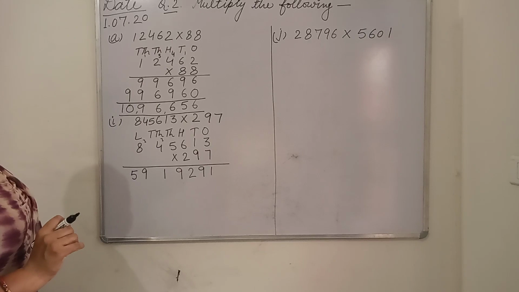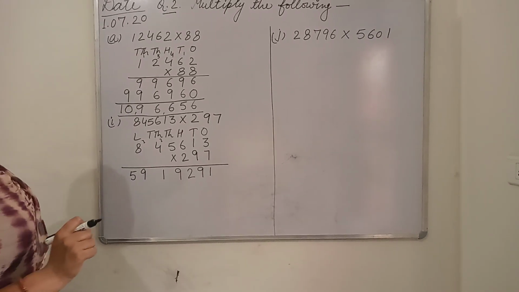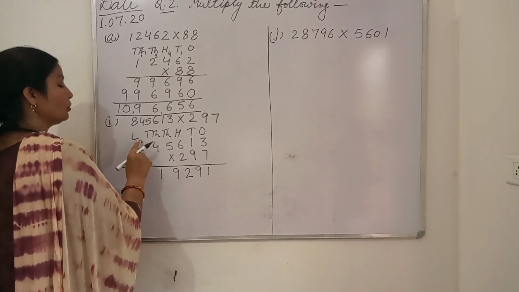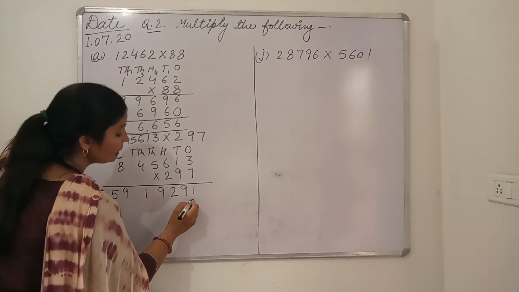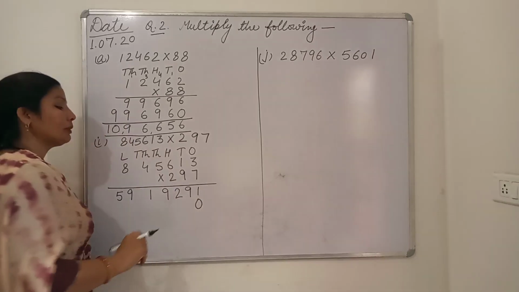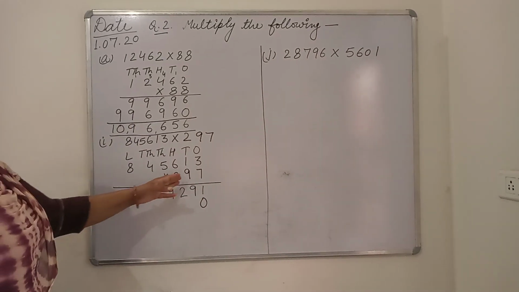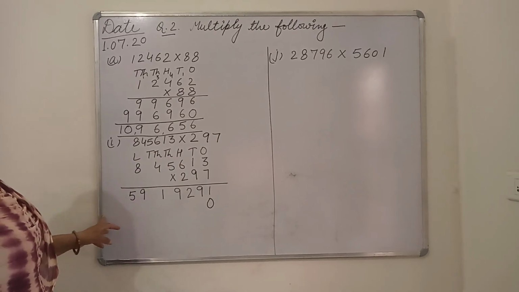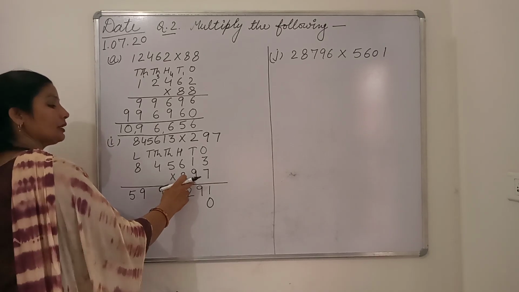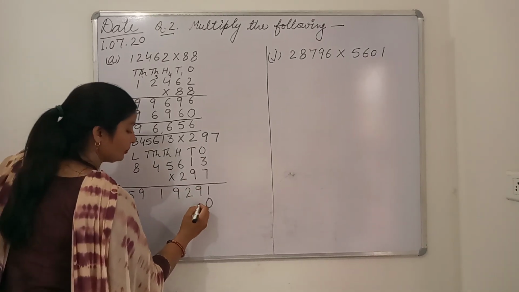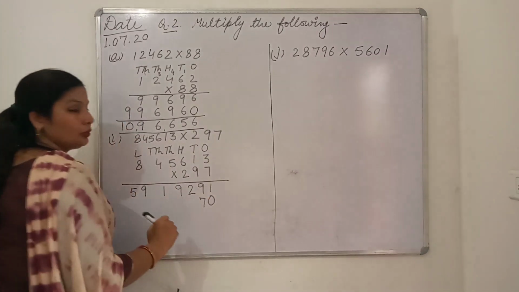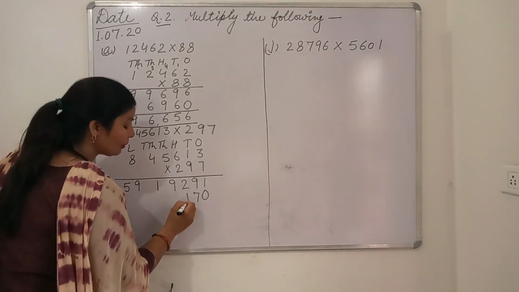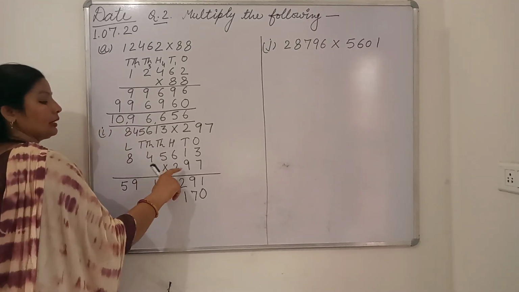Okay. Now we should multiply by tens. So now we multiply by 9 tens. 9 tens means 90. So that means we will make ones column 0. Now we should recite the table of 9. 9 by ones column, then tens, then 100, by all columns we have to multiply, and we should write our answer here. So 9 threes are 27. 2 goes carry. 9 ones are 9.